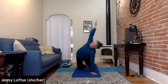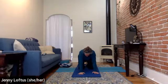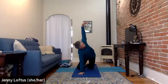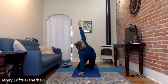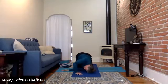If any of you have worked with some EMDR, eye movement, I forget what it stands for, eye movement desensitization and reprocessing. I think that's what it stands for, but I could be wrong. But basically, it's a form of somatic therapy to help with PTSD that uses left-right hemisphere work in the body,